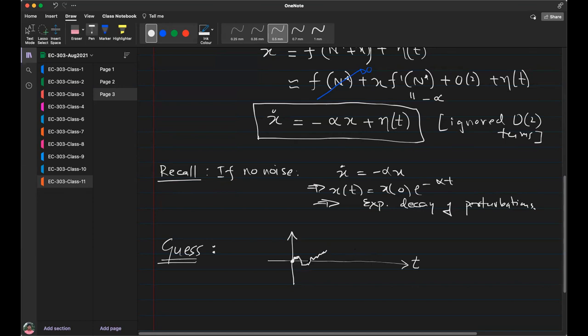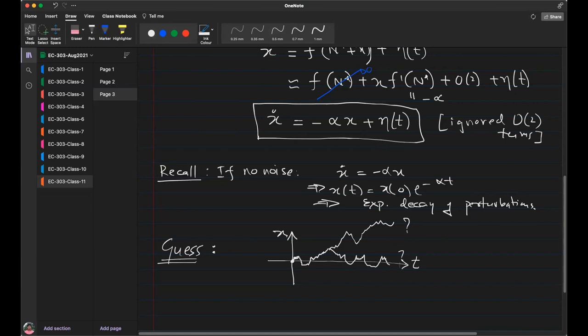The question is, if this is 0, right? This is the equilibrium, and this is x on the y-axis. Equilibrium is this. So the question is: is the noise sufficiently strong that it will eventually win? Or is the deterministic term sufficiently strong that we come back and only fluctuate, as Arshad guessed? So will this happen or will this happen? That's the basic question one can ask, right?